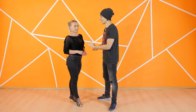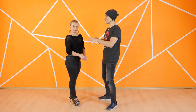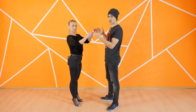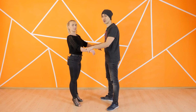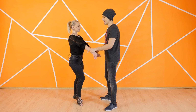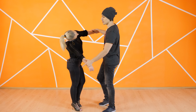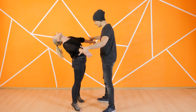We apply the same principle, the same techniques, but we're doing it through the hands. So it's really important to understand that we're not just leading the hands. We are signaling the body through the hands, and for that I am not using this grip, or at least I'm not leading head rolls from this grip. I like to envelop the wrist, to grab her from the wrist, because in that way there are fewer parts that could move. So I go towards the wrist, I'm not squeezing, I'm just holding, and we go 1, 2, and the same thing, making the preparation, going towards me a little bit and leading it